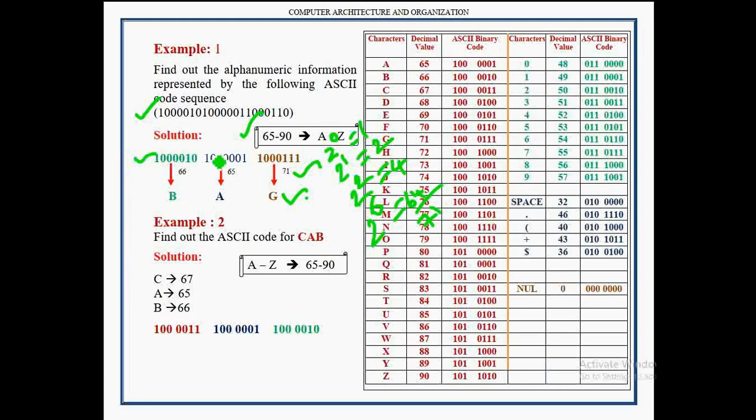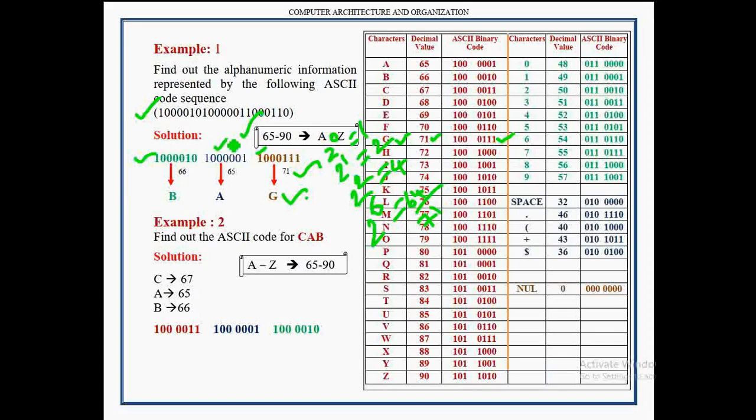Very similar to this process, we can find out the corresponding alphanumeric character for the given ASCII code: first by converting it into a decimal value, and then from the decimal value it is very easy to find out the corresponding alphanumeric character. Now let's cross check the ASCII binary code, its decimal value and the corresponding alphanumeric character with this table. Let's take this combination, that is 1 0 0 1 1 1. It is represented here, its decimal value is given here, and the corresponding alphanumeric character is G.